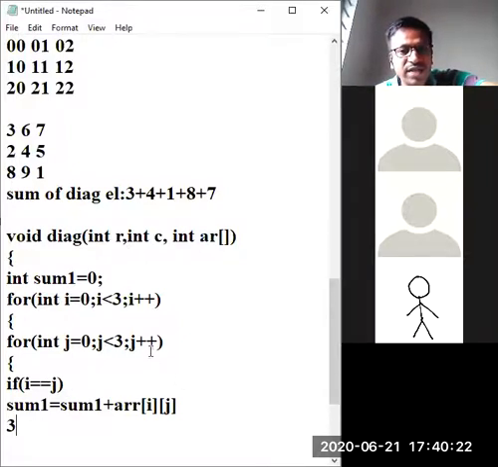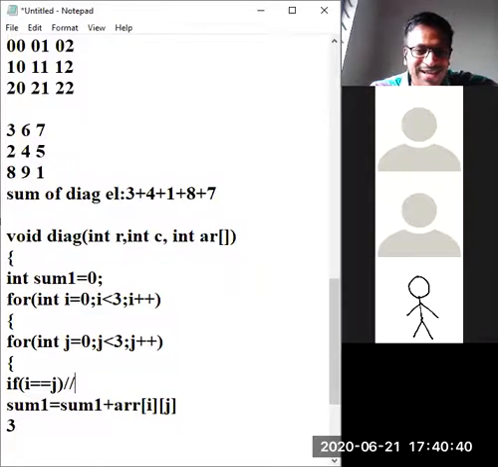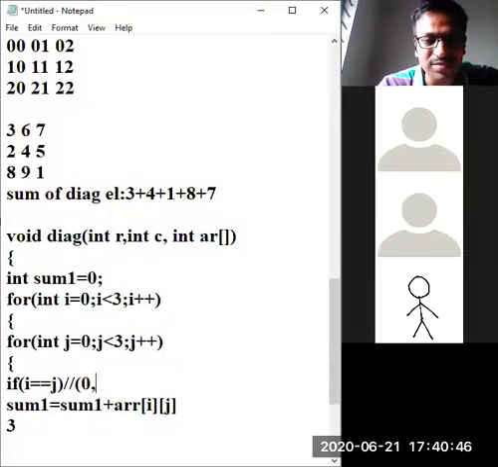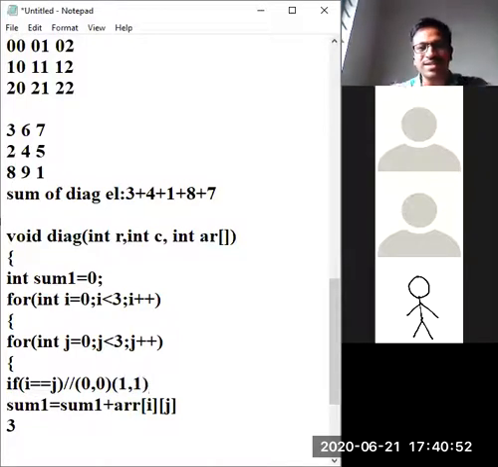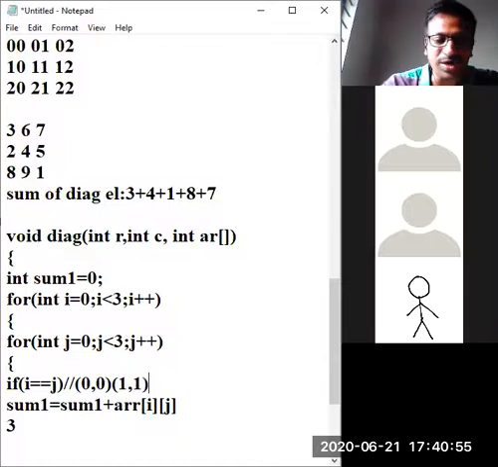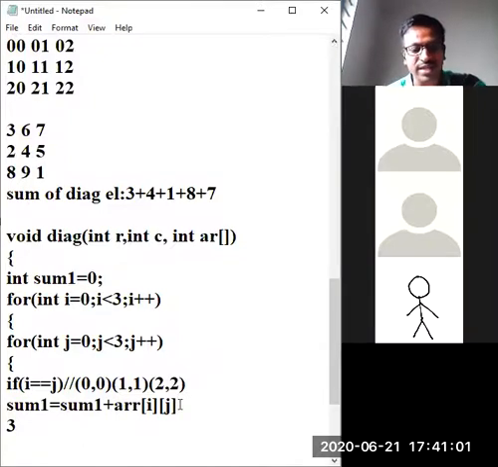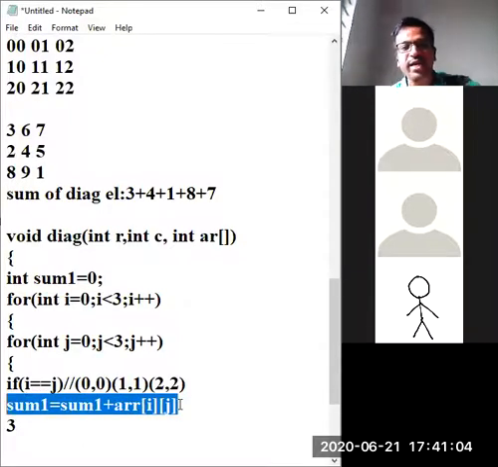Next time, j is no more available, so i increments to 1. Previous value is 0, now i takes 1. Now it is satisfied, you got inside. Don't forget, i is 1, and j is again starting from 0. The 1, 0 combination fails. So 0, 0 is a success. I will write success stories only. 0, 0 is a success, 1, 1 is another success, and in the next iteration 2, 2 is also a success. Only in these cases will this equation be evaluated.